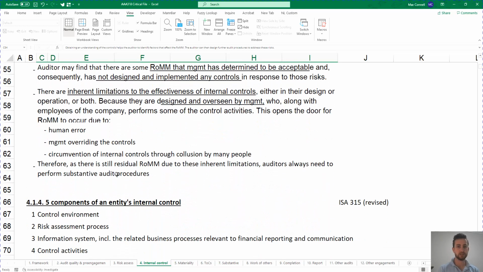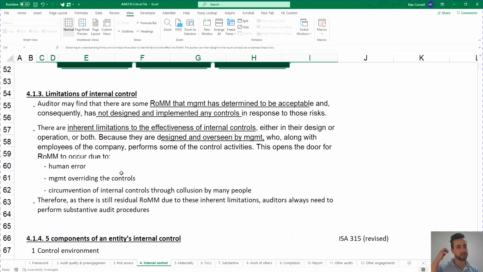So the limitations of internal control. The auditor may find that there are some risks of material misstatement that management has determined to be acceptable and consequently has not designed and implemented any controls in response to those risks. Furthermore, there are some inherent limitations to the effectiveness of internal controls, either in the design or operation or both. Because they are designed and overseen by management, who, along with employees of the company, perform some of the control activities. This opens the door for risk of material